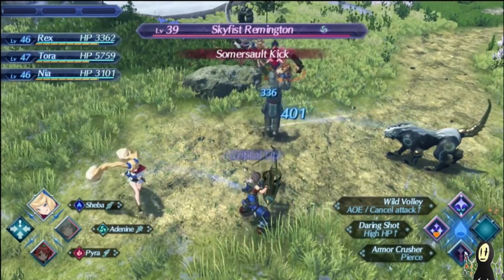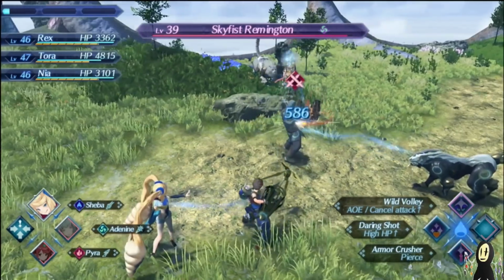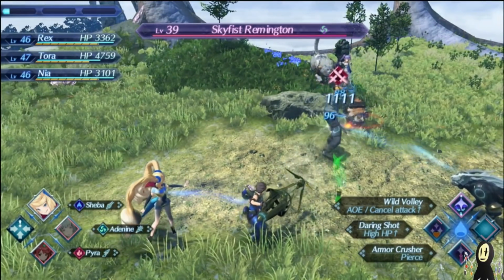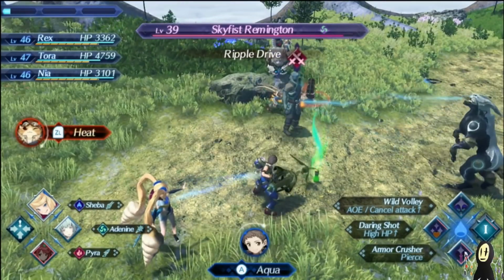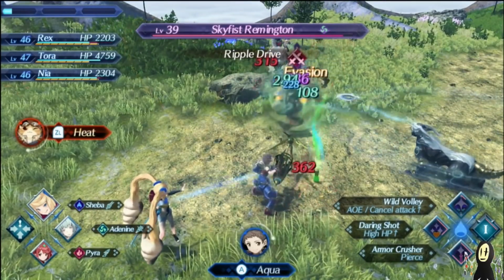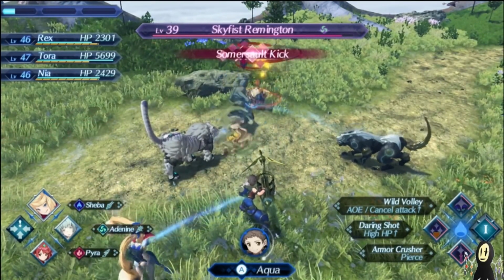Now, the main priority here is to make sure that you're always on the opposite end of the tank. The reason why is because you want to make use of that back attack as much as possible. Not to mention that it also helps remove the chance of you getting aggro for this particular encounter. The other annoying thing about this particular encounter is the fact that